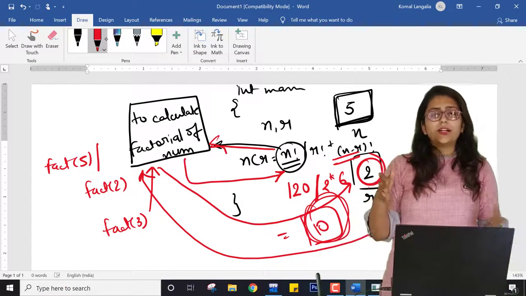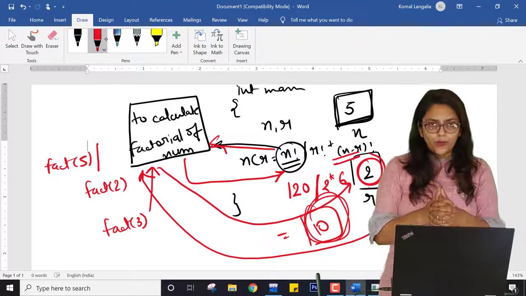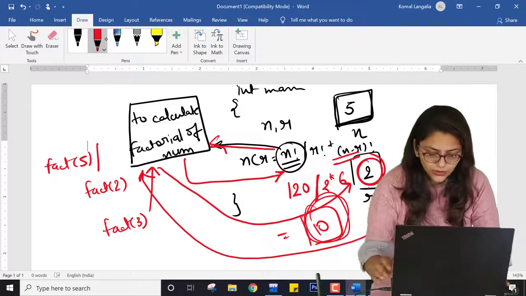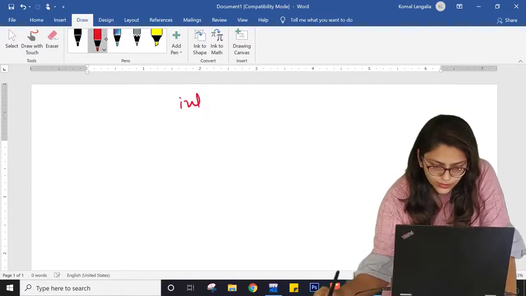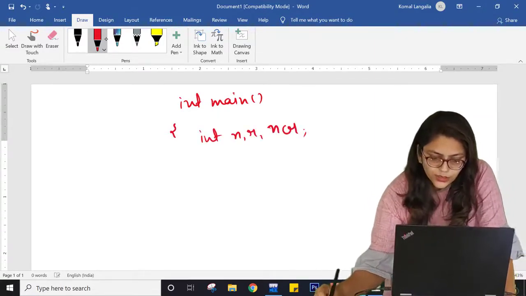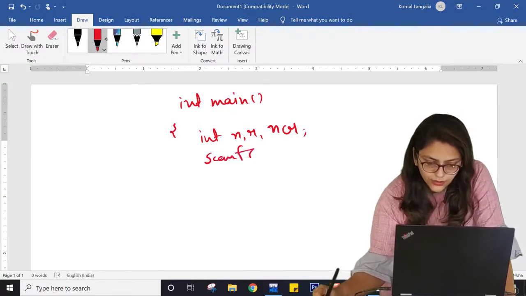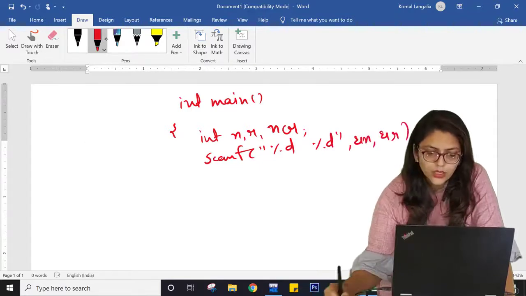So function is kind of this magic box. I am going to give my arguments to function. So whenever inside your main int main, I am taking int n and r and ncr, then scanf %d for n and r, right?